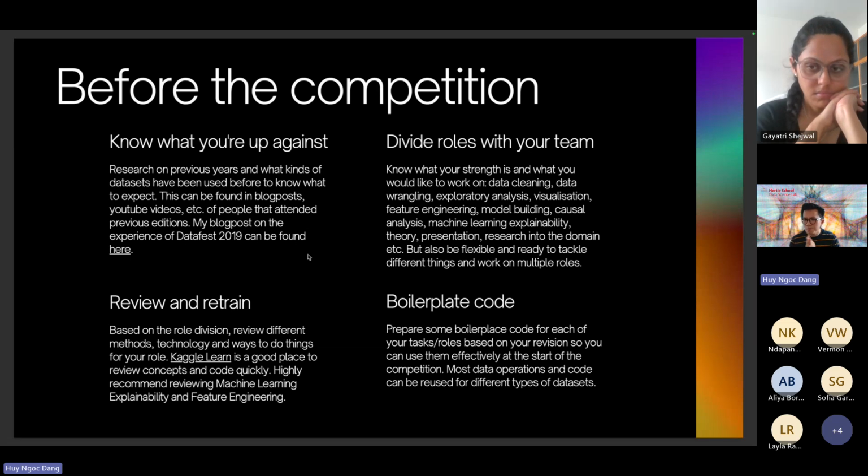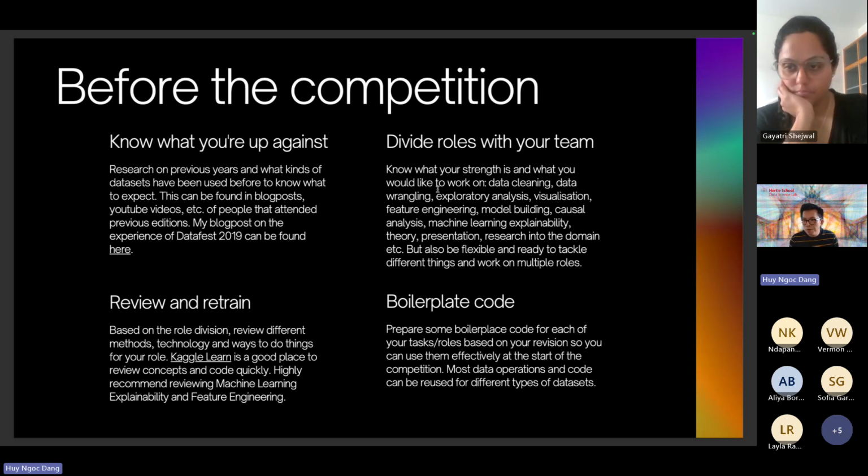So, for example, you can be very clear. Okay, you're the data analyst, you are the data engineer, you are the prototype builder, you're the presenter. Or you can also be very vague and say, hey, this is for the first day. Everyone sit together as a team and we look into this together, right? And then on the second day, after the first day, you have known a little bit about what the data is. Then on the second day, you start to look into it further, and then you can start to separate and clearly define the role of everyone after that as well. So there are different strategies on how to best do this.